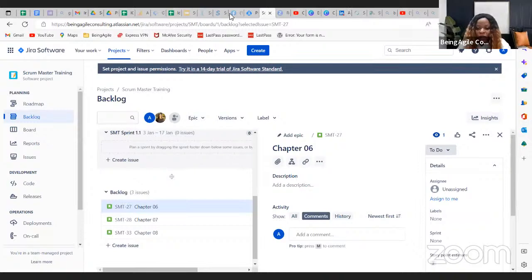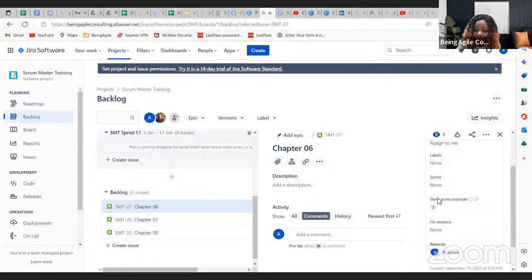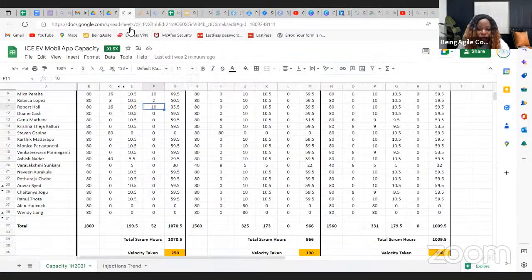All right. I think the question is, how do we make the information on the capacity planner useful, given that we have, remember, the story points, they are not hours? Remember, these are points, not hours, based on the conversation we had in our last class. So now, how do we make this capacity planning information useful to us, given that they are in points? So how do we even know,